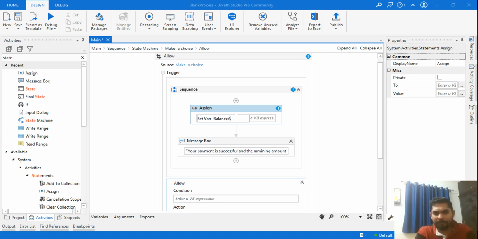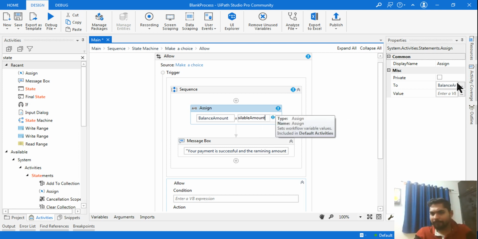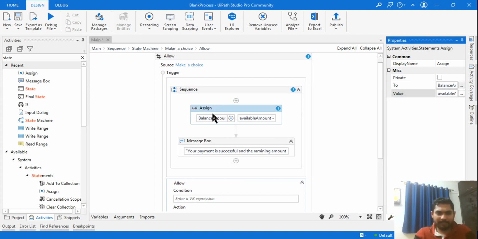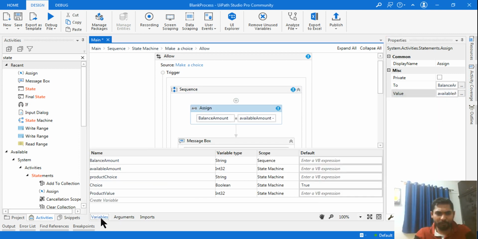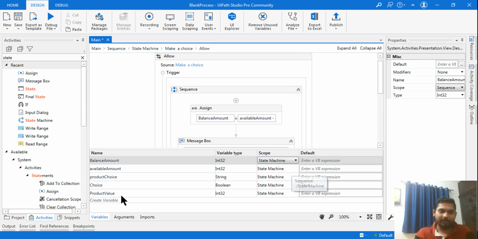So the balance amount is what will be your available amount minus product value. Okay, so that will become the balance. This balance amount should be integer type, so I always go to the variable panel, change it to integer type, and let me also apply it to the state machine in case I need it anywhere.